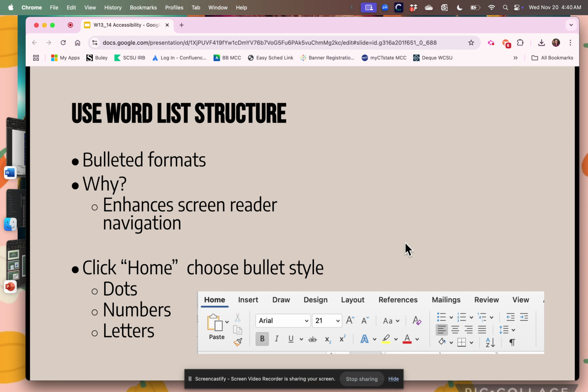So the next piece of a Microsoft Word document that is required by 508 compliance is bulleted formats. And I think this is something that most people use. So this is important because it enhances screen reader navigation. The screen reader will then announce that there is a list with 4 items. So whenever you have a list, you want to ensure that you click the bulleted list and it formats within